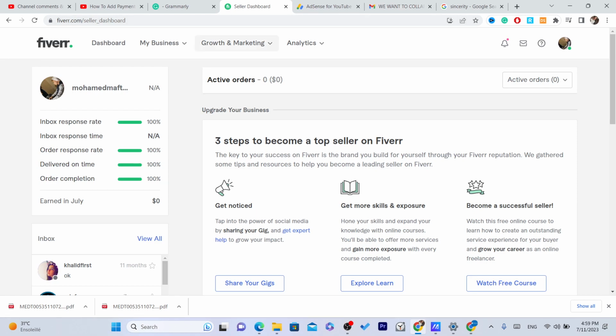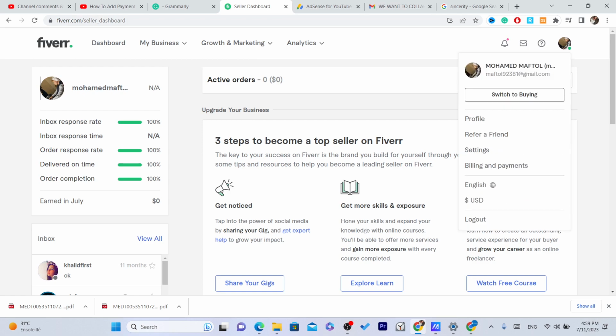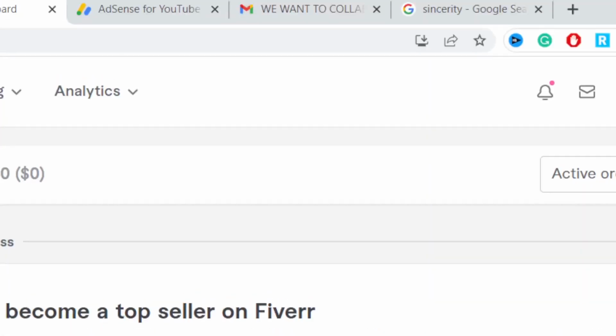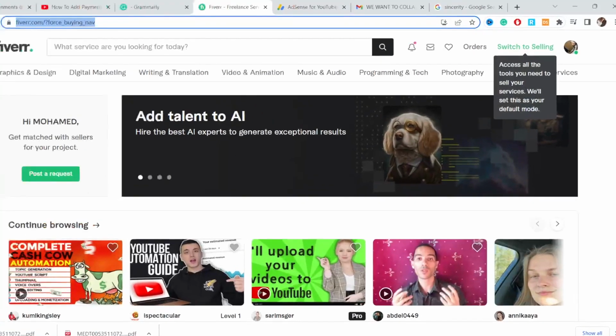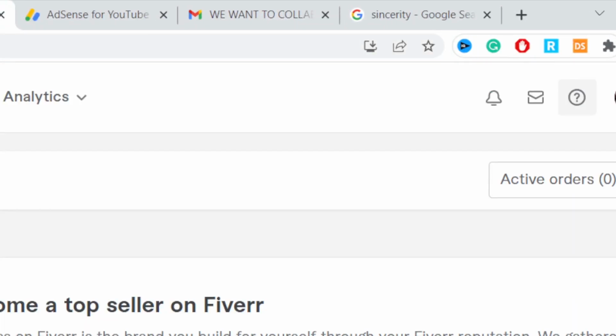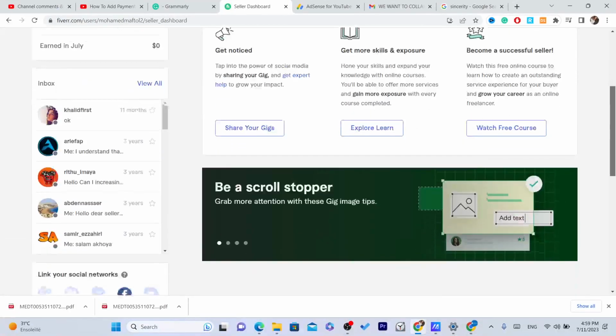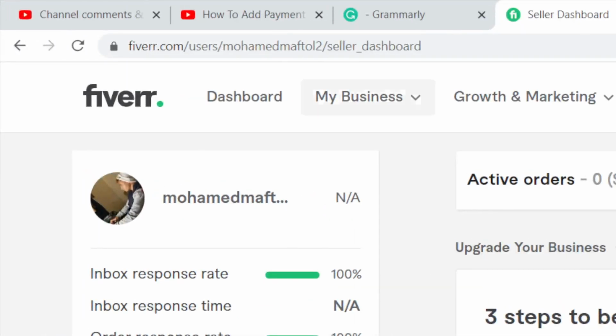Now the first thing you need to do, guys, is to switch to selling account. Probably it automatically says here "Switch to selling," so you need to click on Switch to selling in the top right. Now if it takes you to the same page as me, as you can see, then